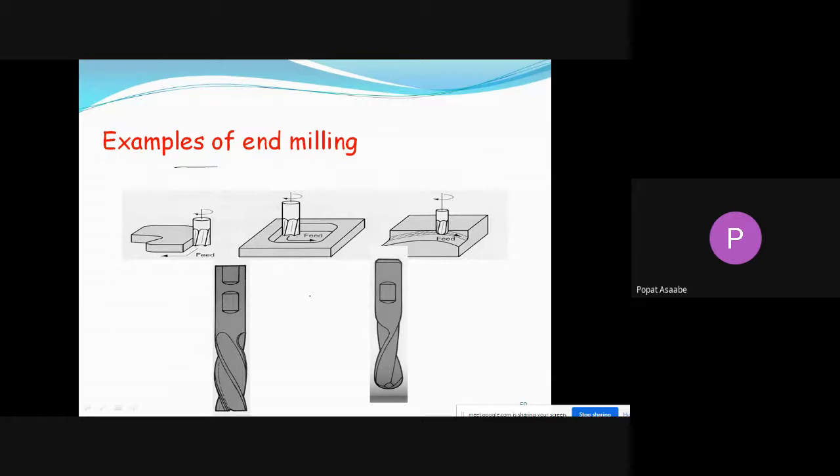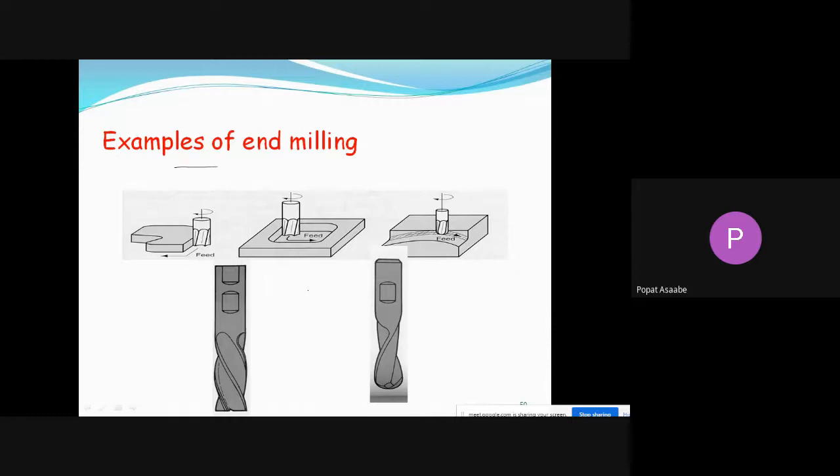The only point you have to remember about end milling is that it is the process of producing a flat surface which may be horizontal, vertical, or at any angle. To perform end milling we use the end mill cutter. On the end mill cutter, teeth are on its periphery and also at its bottom, meaning it simply looks like your drill bit.